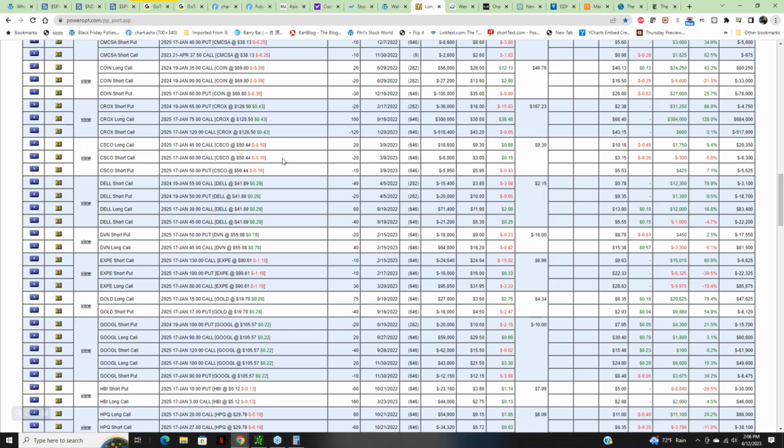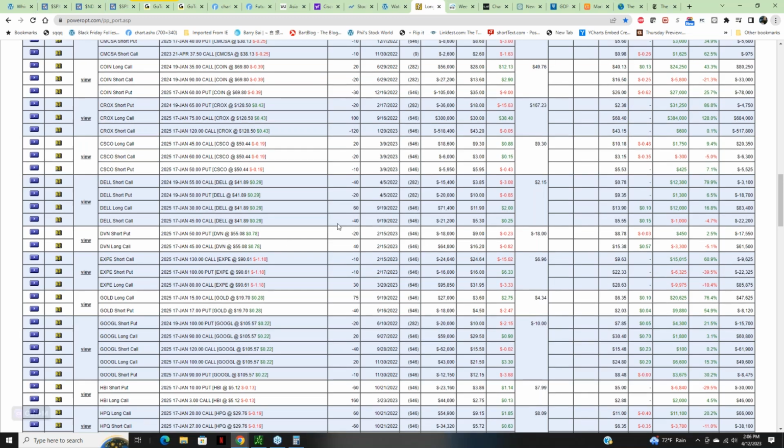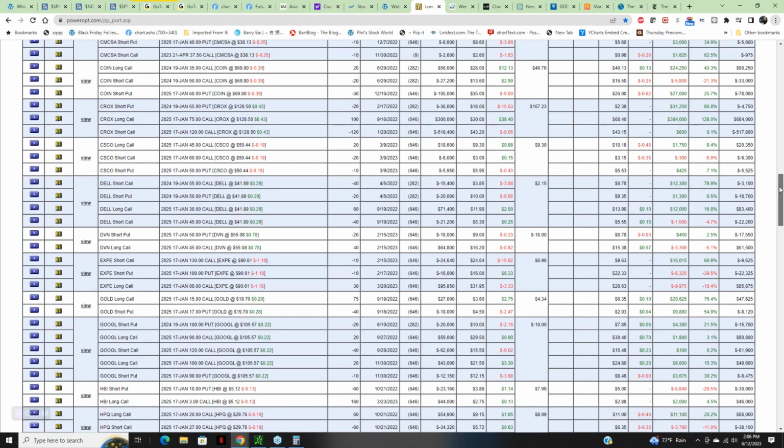If the market never drops 20%, we're going to be behind the market. If it never drops, we're always going to not be quite as good as the market because we're hedging. But it's the hedging that makes all the money. The hedging is the reason that this portfolio since